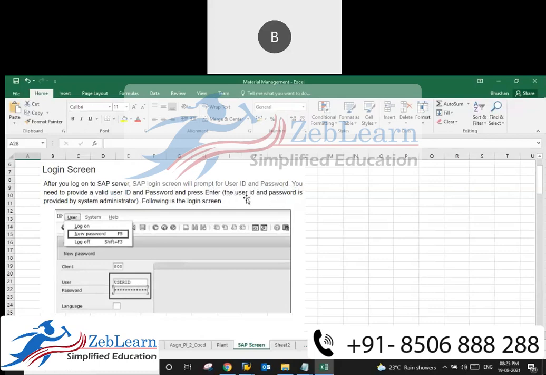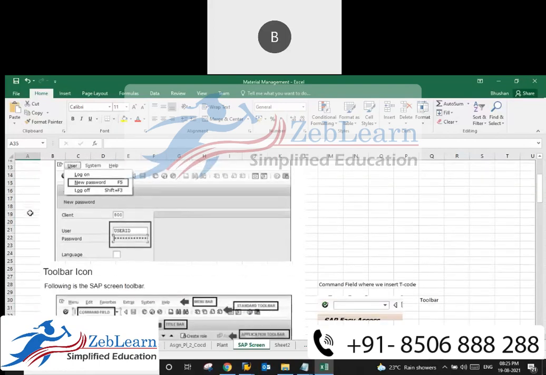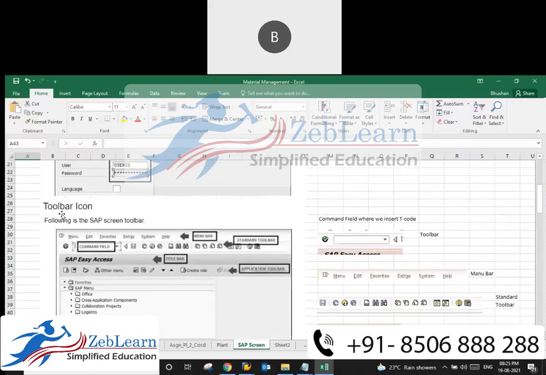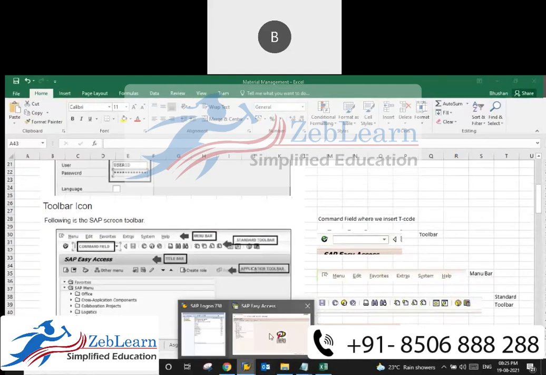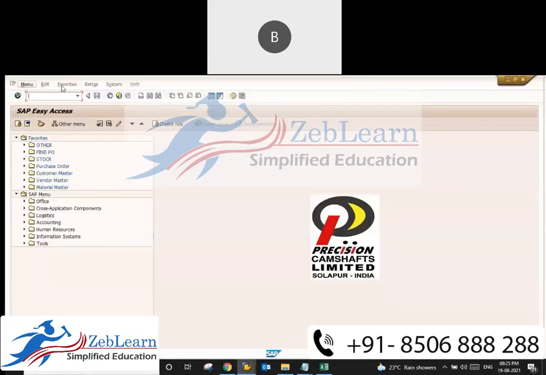The user ID and password are provided by the system administrator. After entering the user ID and password, there are various toolbar icons. Following is the SAP screen toolbar. These are the various toolbars. This is the first row, this is the second row, this is the third row, this is the fourth row, and below that this is the fifth row.